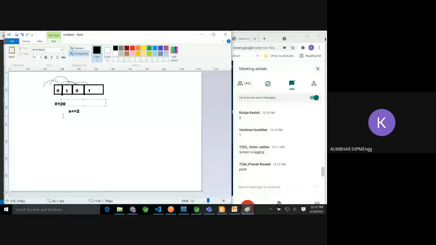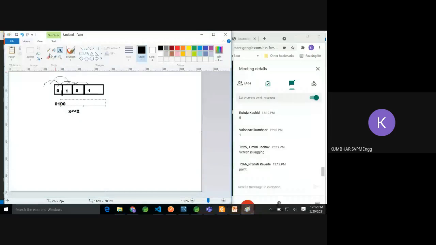Like that, for a right shift, it will have 2 options. If suppose I shift the numbers to the right, this number will come here 1, this number will come here 0, and then at that time these two will be blank. So what should be the value for this blank field?